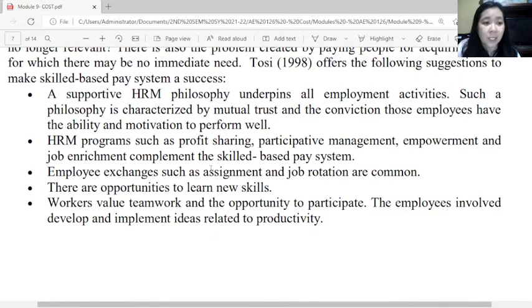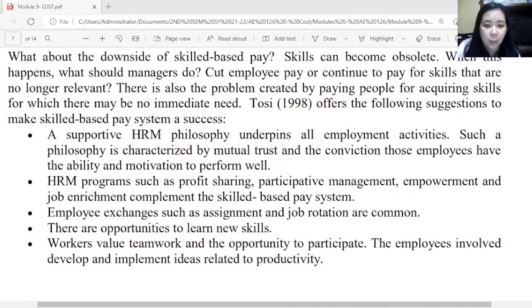Those are the different types of wage plans that the entity can follow in providing